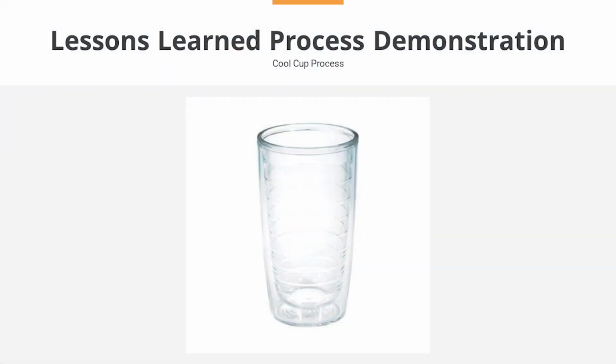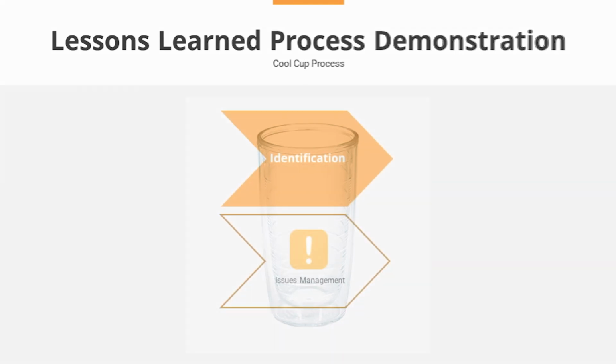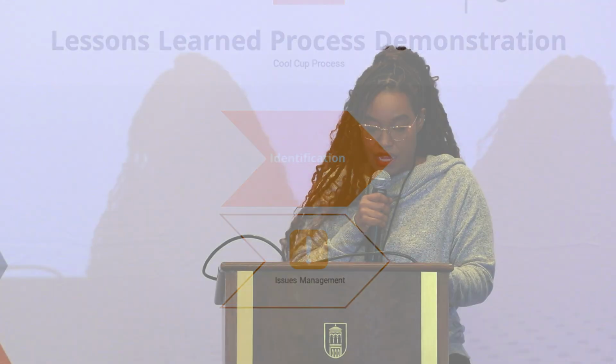So now we have a quick cup process demonstration. In this demonstration, we are identifying an 8D issue, and I'm going to give a little bit of background before I press play. In this demonstration, we are manufacturing a cup. There's an 8D issue that we have to go into Auros and look up so that we can put it through the knowledge-aware approach.